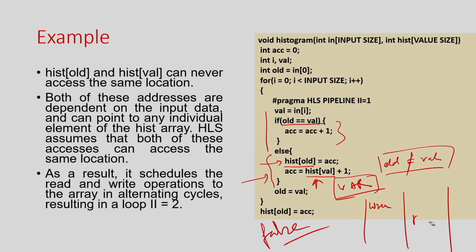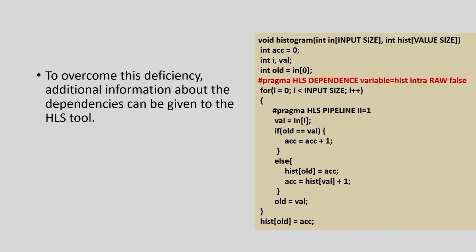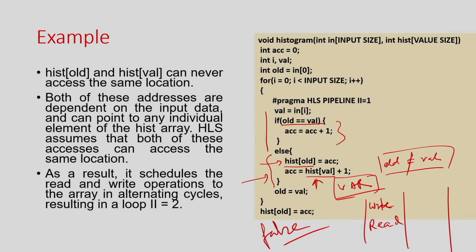As a result, it is possible to perform this read and write in the same clock, right. But for the tool it is very difficult to analyze this kind of complex thing. So, just to make sure that the high level synthesis tool understands that, you have to specify a pragma that for this variable, histogram, there is a RAW dependency, read after write, which is basically a false dependency. I think I have written it wrongly; it is basically read after write, right. So this dependency is a false dependency and you can ignore it.